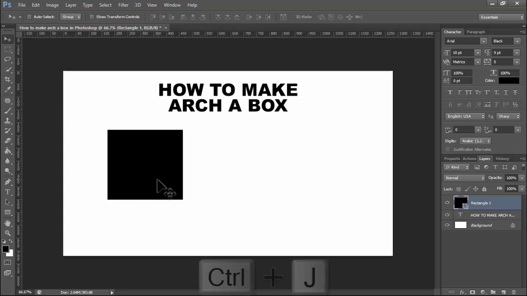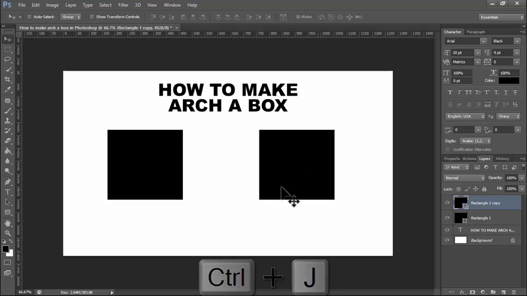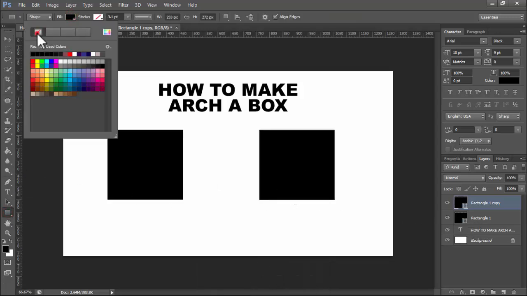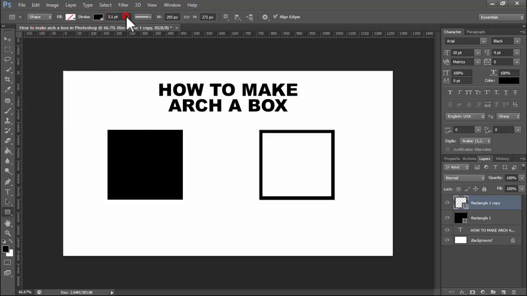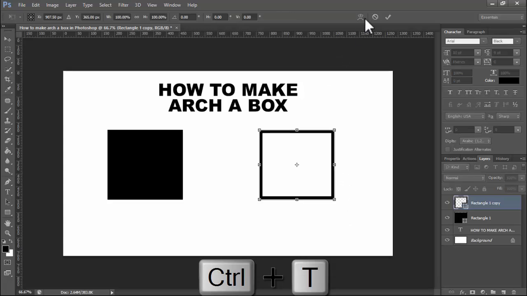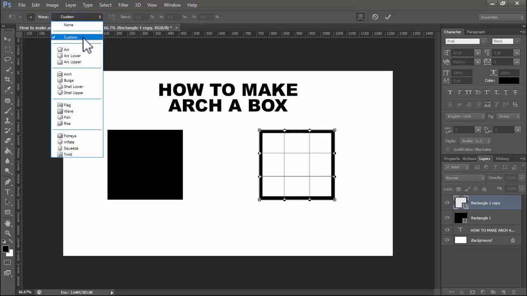Hold Alt or press Ctrl Z for duplicate layer. Again, click the shape. Do not use fill. Select stroke color, size 3.1. Okay, then press Ctrl T on your keyboard, click the icon and click custom drop down menu and